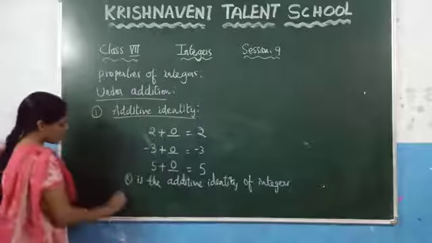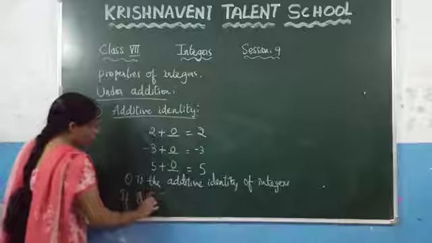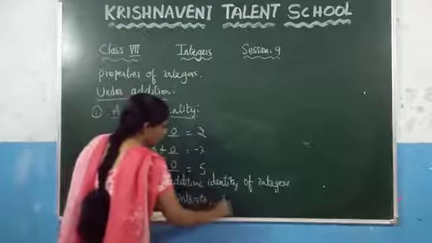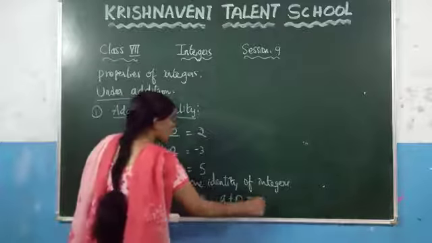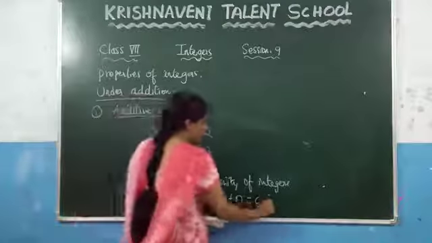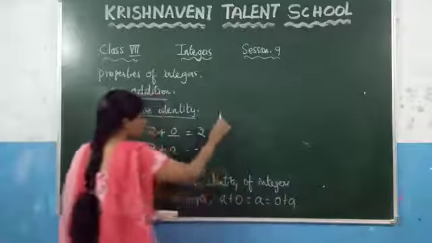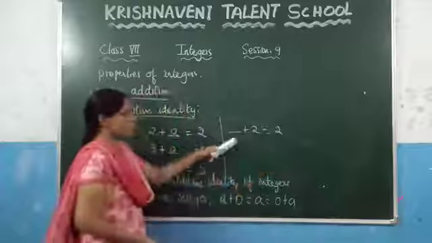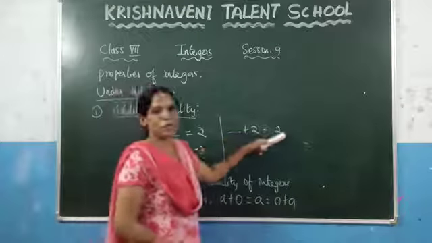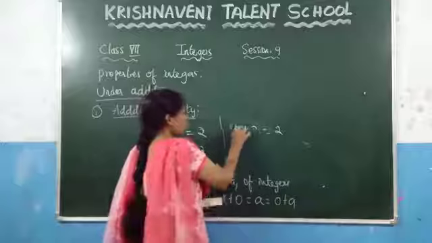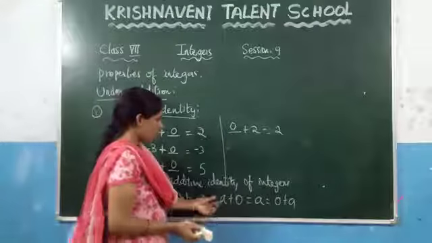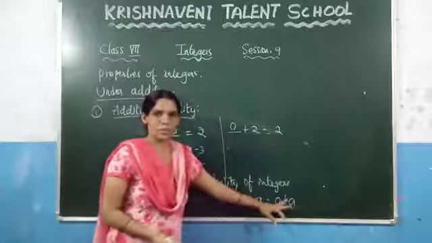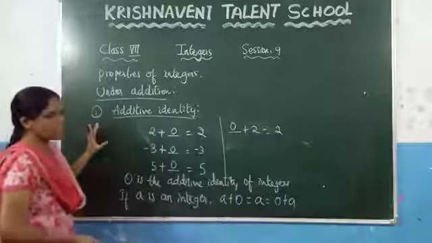To state this, consider if a is an integer, a plus 0 is always a. You can write it as 0 plus a also. The same thing here: blank plus 0 is equal to 2. You need to add some number such that you get the same answer. Which number do you need to add here? 0. So from this we can conclude a plus 0 must be equal to a, which is always equal to 0 plus a. This we call the additive identity.